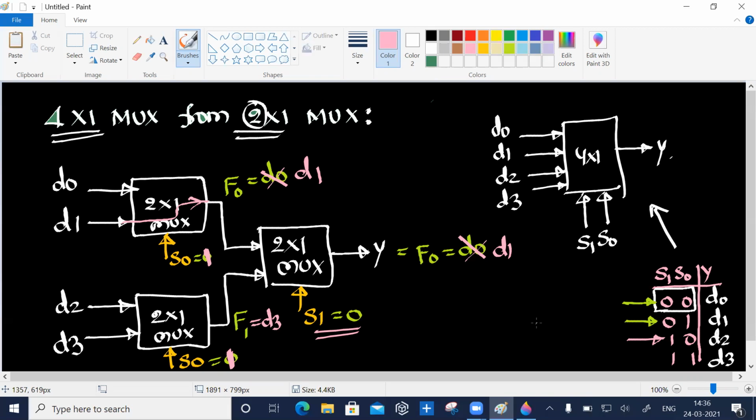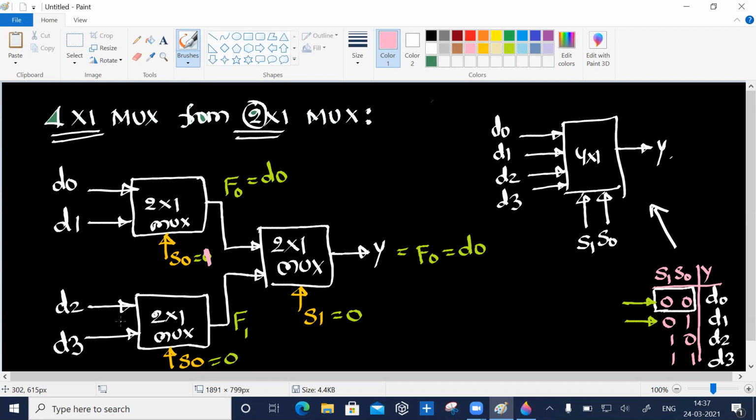Now, how can we realize this? See, first of all, how do you come to know that here you must take S0, here you must take S1? See, if this is S0, this must also be S0. You can't take this one as S1, okay? For example, if we have S0 here, you must also take S0 here. If this is S1, this must also be S1. Are you able to understand this? Just don't confuse here, okay? But how do you come to know whether I must take S0 or S1? How do I know which one I must take first?